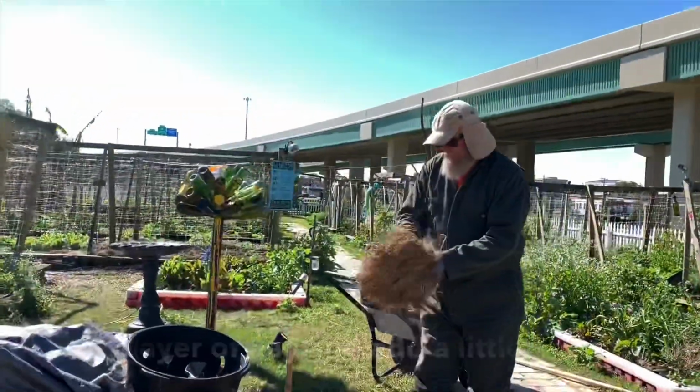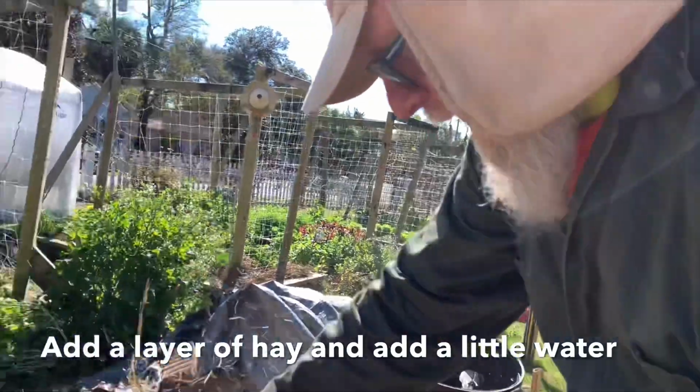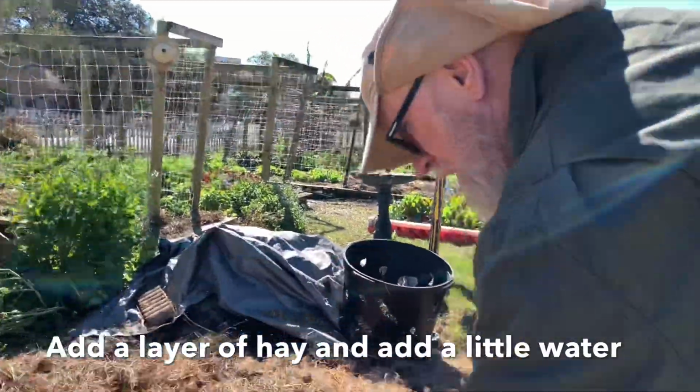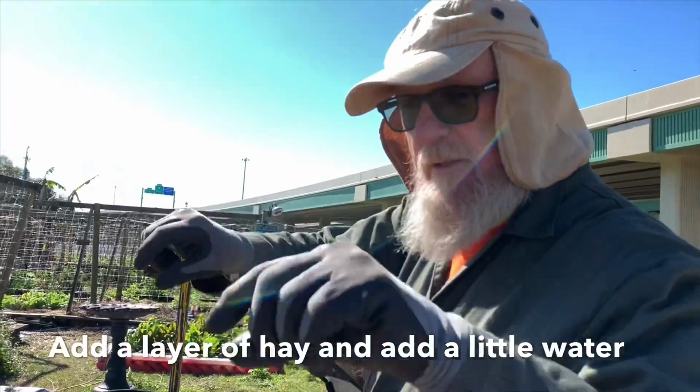Hay. You said about 6 to 8 inches of hay? Yeah, we want it kind of as loose as we can get it so it doesn't mat up too bad. What's the purpose? To block the sun and to provide a growing environment for the potato. The potato only goes down a certain depth and it starts growing up, and the side shoots would actually